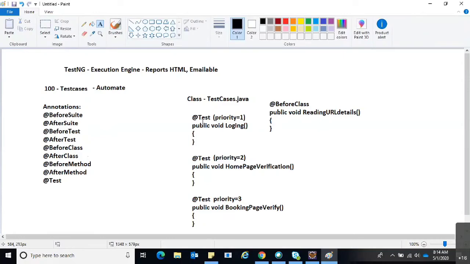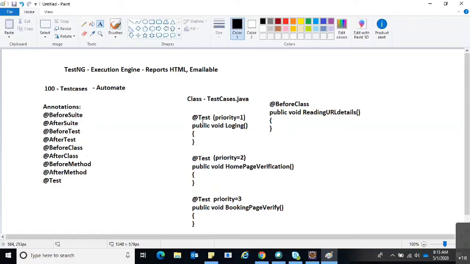Suppose I have 100 test cases and, due to some bug in my application, developers fix that bug and I want to retest whether it is working fine. I don't want to execute all 100 test cases. Only some 50 test cases are affected by that bug, so I just want to retest those 50.